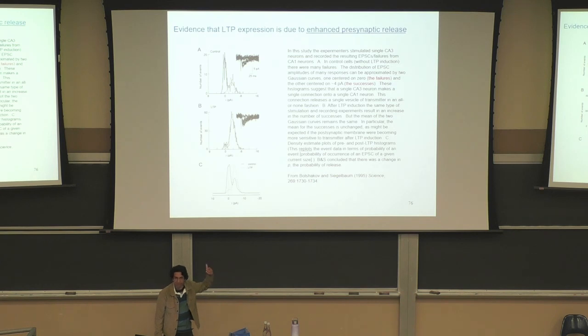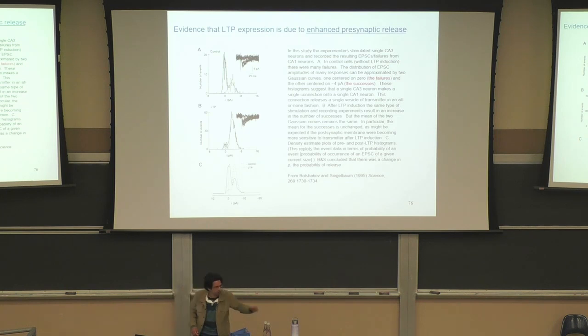And that is because after doing LTP, you get increased probability of presynaptic release of the vesicle. And that is something that's happening presynaptically, right? Because the postsynaptic cell can't do anything to change the failure rate. So if the vesicle is being released more often, that's something that's happening on the end of the presynaptic cell. So this is an experiment that suggested that there is some presynaptic component to strengthening the synapse. So any question about this?